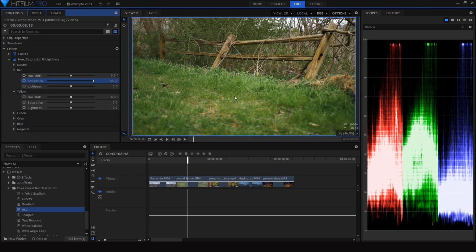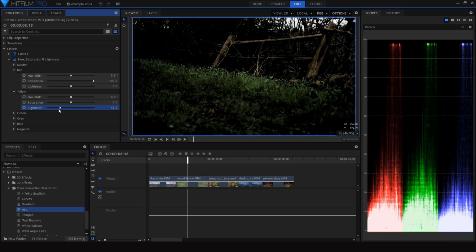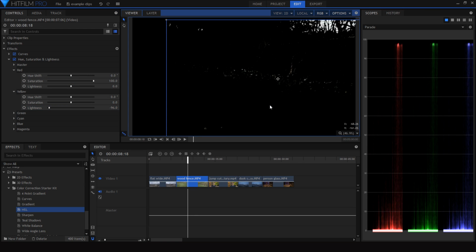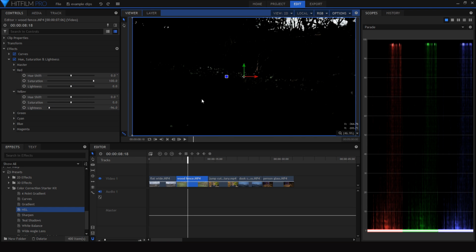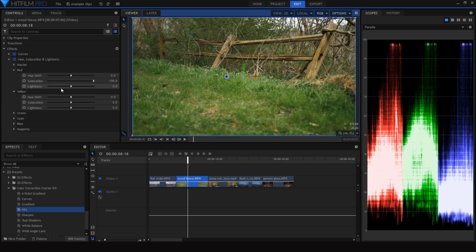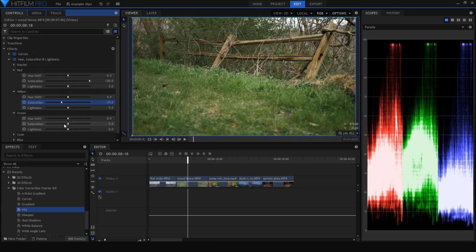Most grass is a combination of yellow and green pixels, not just green. So as you can see, if I turn down the lightness, there's also a lot of yellow going on in that part of the frame. So I'm going to desaturate it a bit, as well as desaturating green to kind of push those closer to gray. So already we've got a big adjustment there, a lot more stylized of a look,